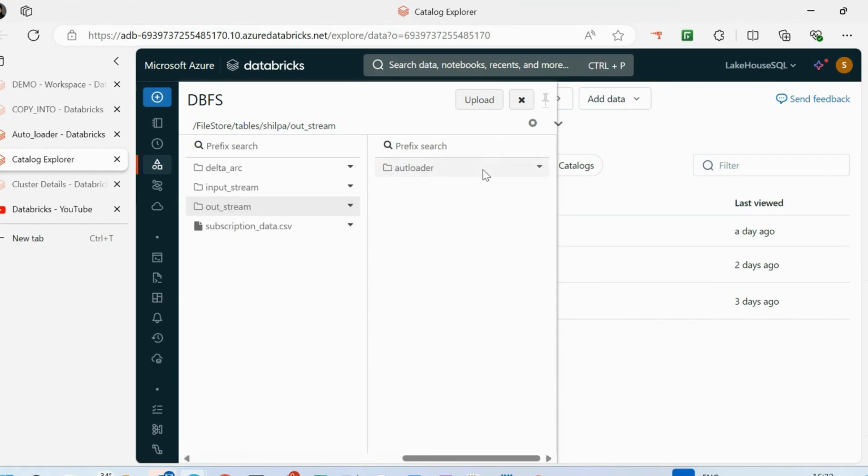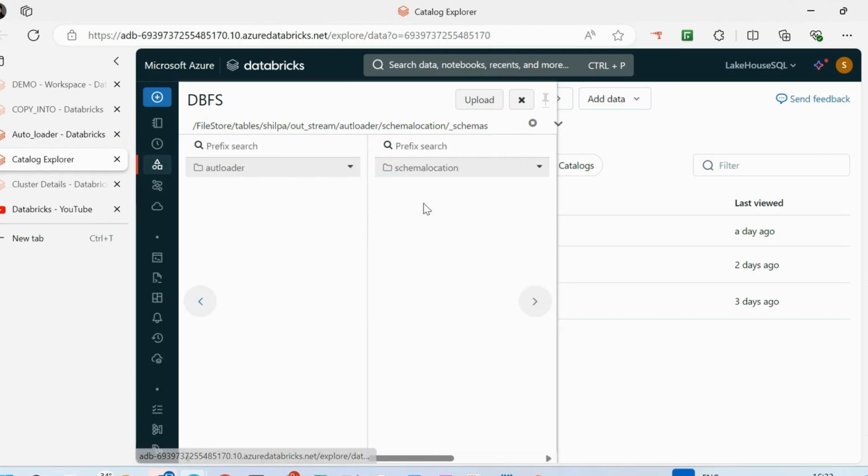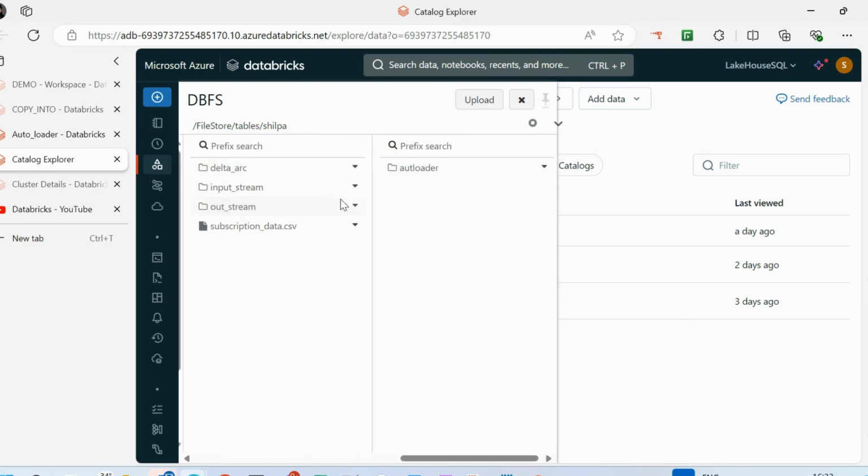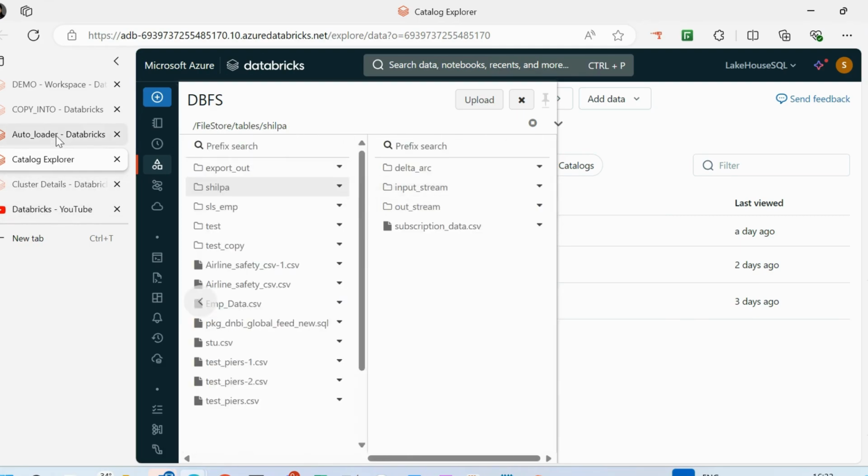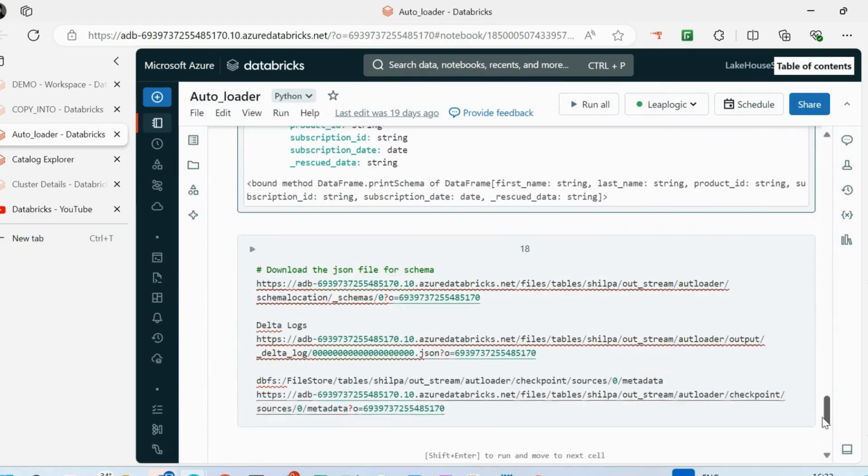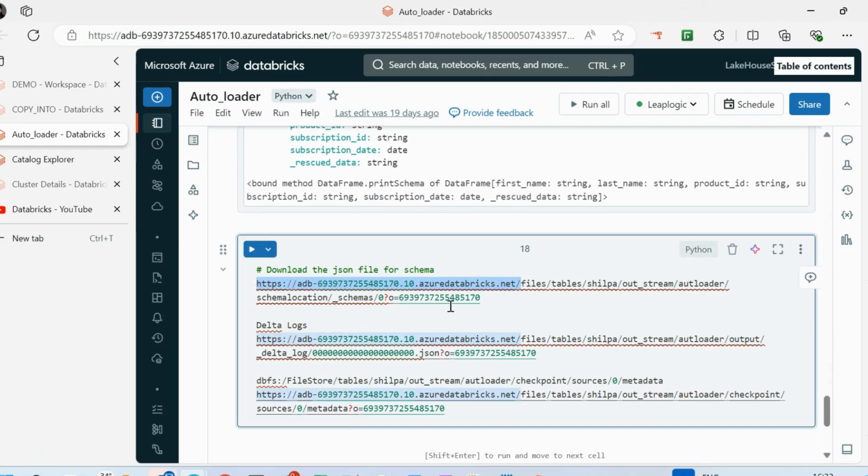So there's one JSON file and there's one Parquet file that is there. It's not opening up. Second. Okay, I think I deleted it. Okay, I'll show it from here. So this particular is my host name, and this is my file name basically, and this is my workspace name.